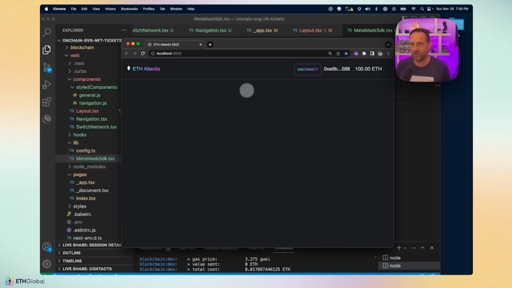It's just a UX feature. That's all that it is. It's not really disconnecting from the wallet, but we like to add it or at least show people how to do it. The next thing that we can do here is we need to start to add the tickets and